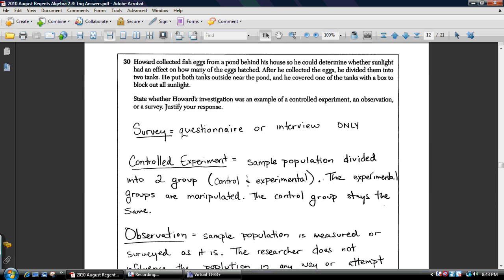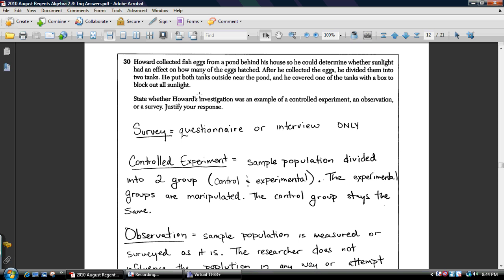Oh, this one's a tough one. Howard collects fish eggs from a pond behind his house so he could determine whether sunlight had an effect on how many eggs hatched. After he collected the eggs, he divided them into 2 tanks. He put both tanks outside near the pond, and he covered one of the tanks with a box to block out all sunlight. State whether Howard's investigation is an example of a controlled experiment, an observation, or a survey, and